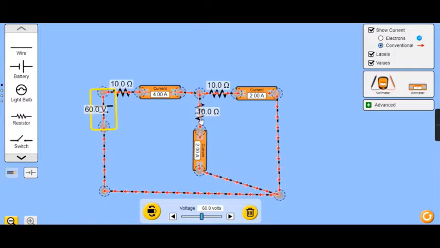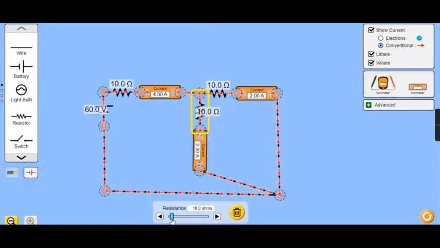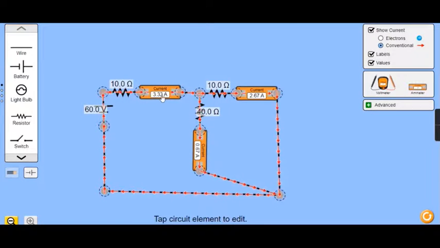Now, in order to vary the resistance, instead of 10 ohms, you will keep it at 40 ohms. And now if you see, the total current I1 is 3.3 ampere, I2 is 2.67 ampere and I3 is 0.67 ampere. Again this condition is satisfied, KCL. 2.67 plus 0.67, we can get 3.33 ampere. So KCL is satisfied.